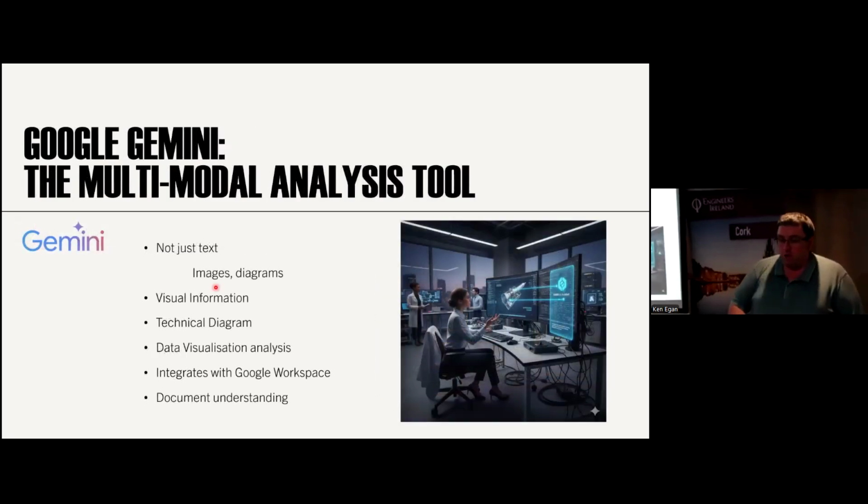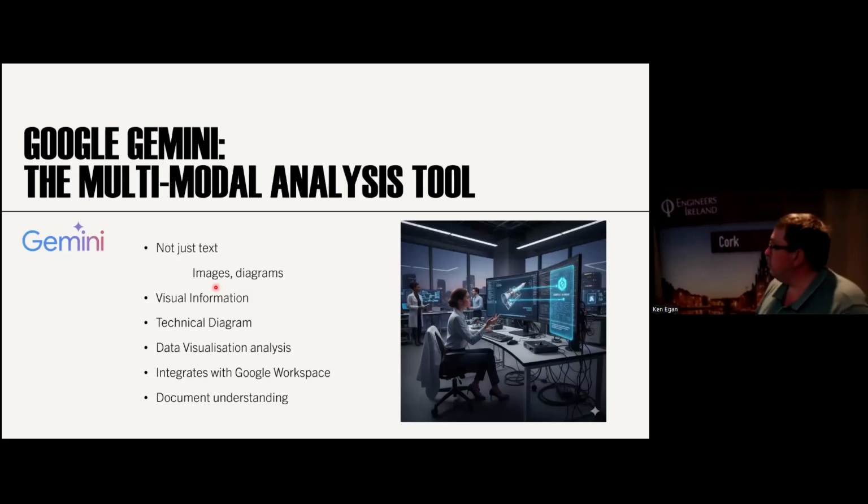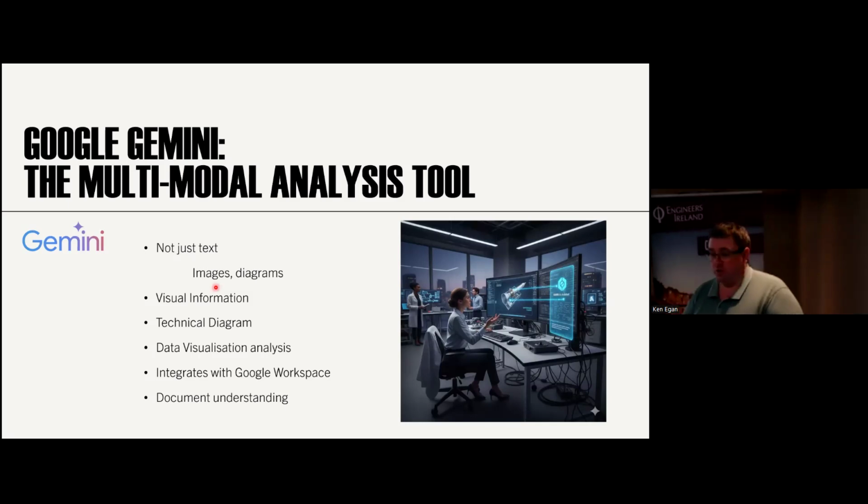The next item I'm going into is Google Gemini. So this is our multimodal tool, right? Multimodal means that it's not just text, it's text, images, diagrams. It does a feature of things. This is what makes it unique from all the other AI platforms that I'm going to discuss tonight, because it manages our images and our diagrams. It handles the visual information. Not alone can it read the visual information, but it can also output the visual information to us as well.